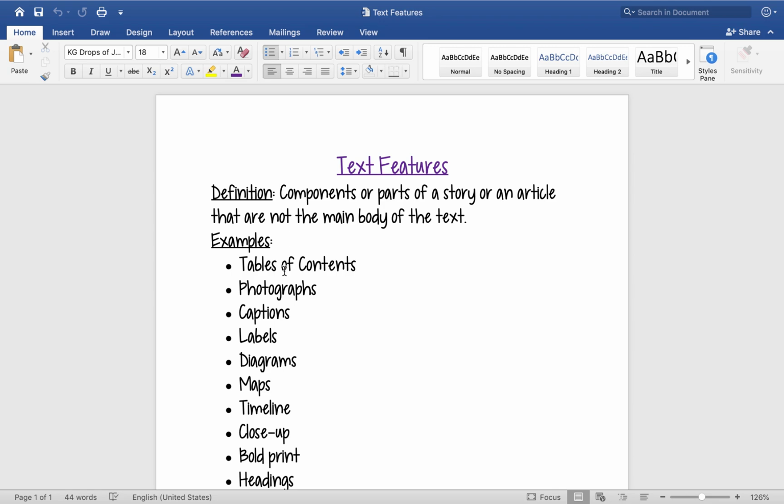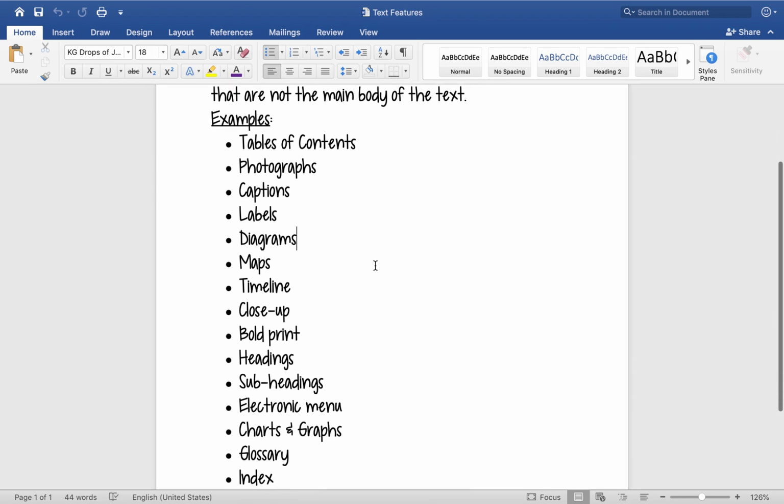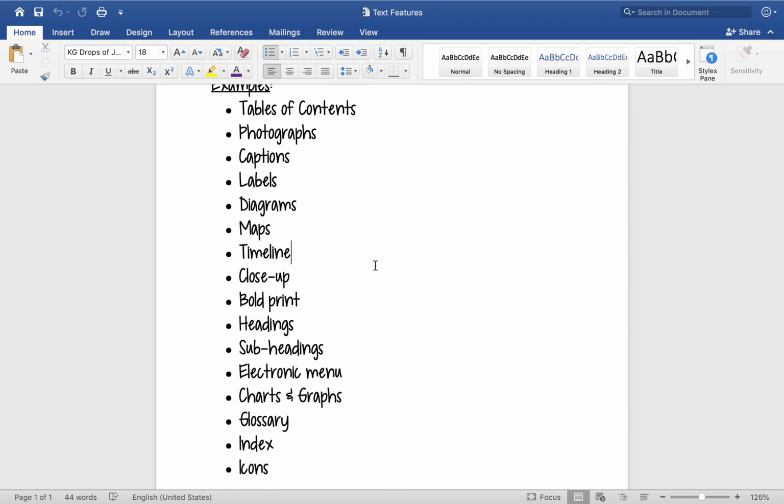Okay, so here are some examples of that, and I'm going to go through each and every one of these more in detail when I get to the slides. So I'm just going to read them off right now. Table of contents, photographs, captions, labels, diagrams, maps, timeline, close up, bold print,